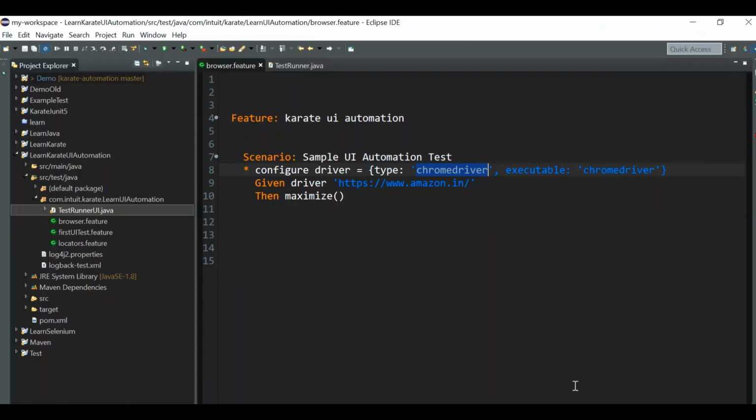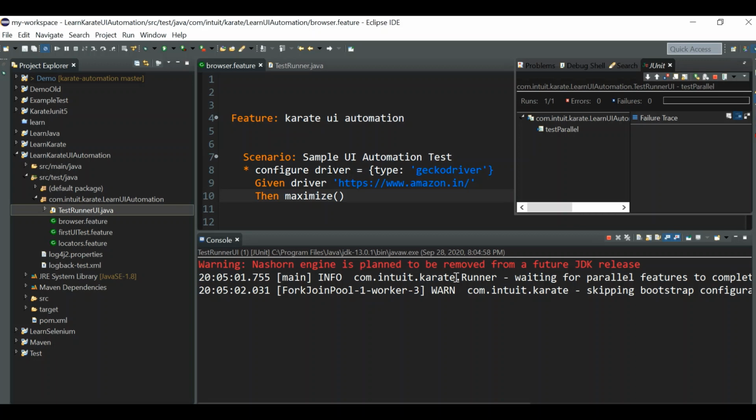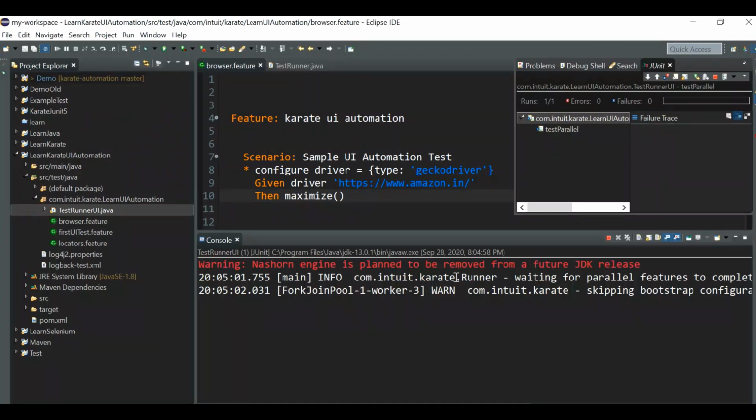And now we have to change it to geckodriver. And this is not actually required. Now let's run it. It will launch the Firefox browser now and hit the Amazon URL.